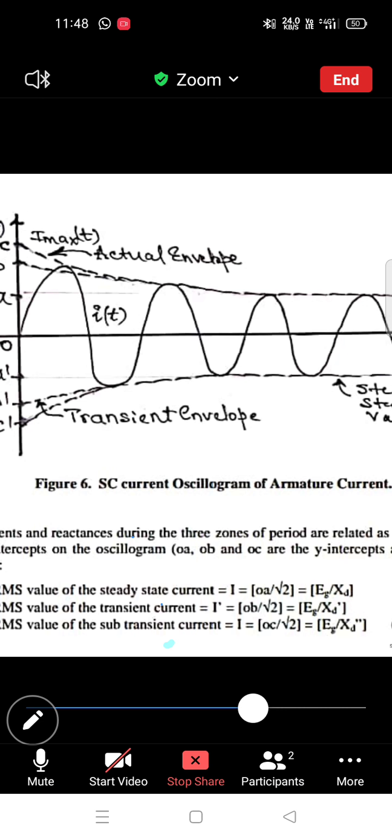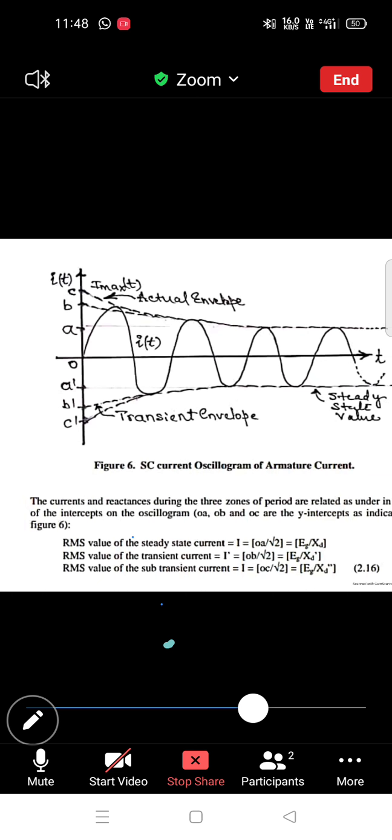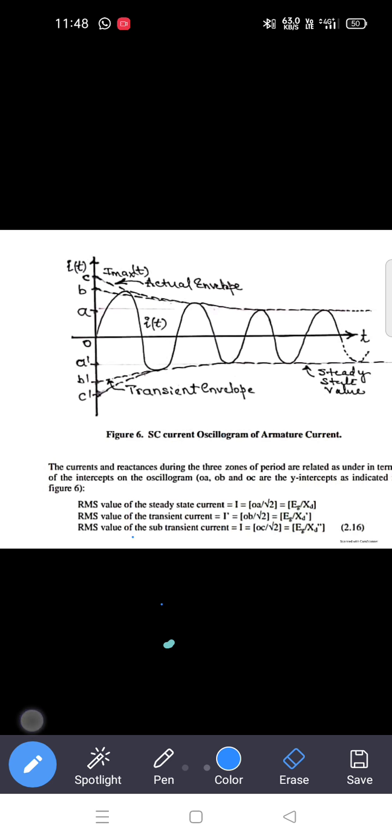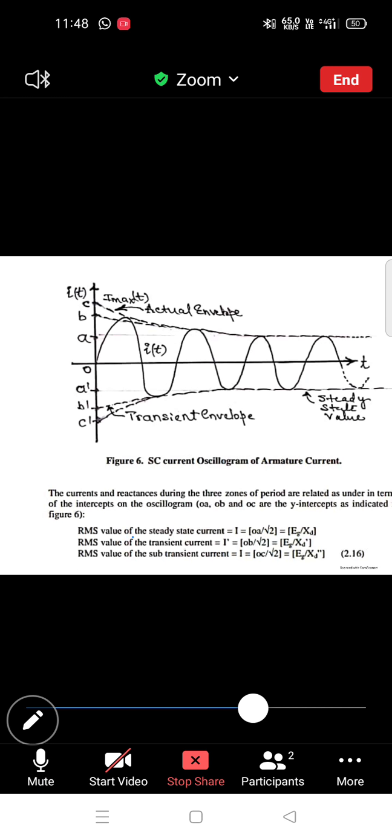These are the values for the transient when a fault condition occurs on no load, not for loaded conditions. Now there are also a few examples of this type of reactances. So let's first see the examples, and afterwards we will see the next topic.